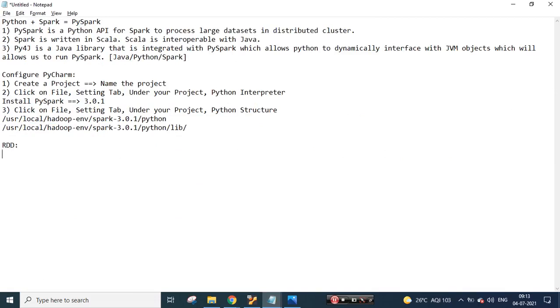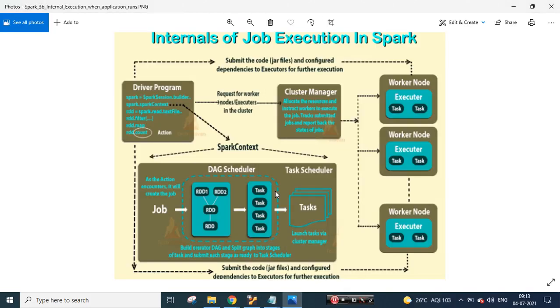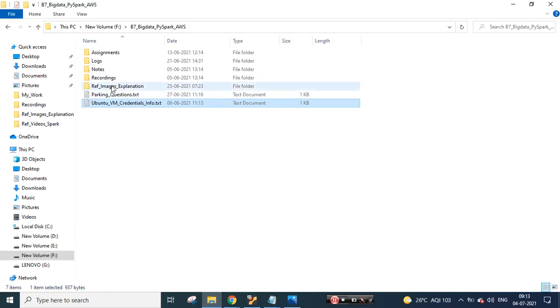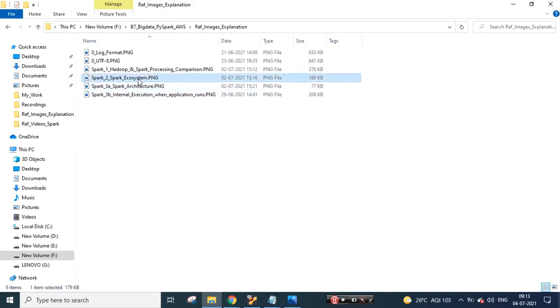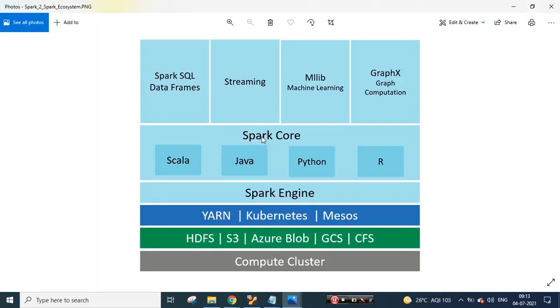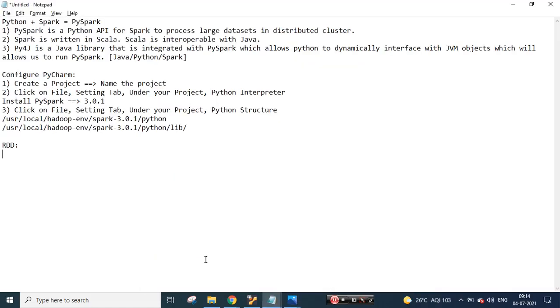We'll try to understand what are RDDs. In which layer does this RDD fall in the Spark ecosystem? Spark core. Beautiful. Yesterday we saw the Spark ecosystem, which I was trying to explain. Spark core is nothing but your RDD. We have Scala APIs, Java APIs, Python and R APIs, right? So RDDs, that's what we are trying to understand over here. The name itself suggests